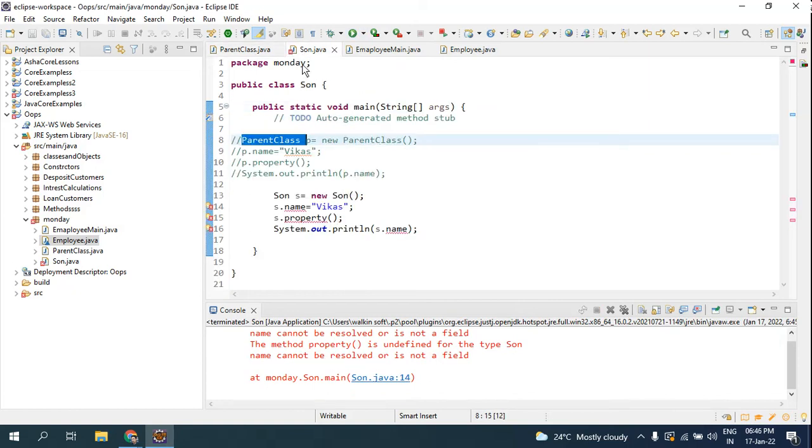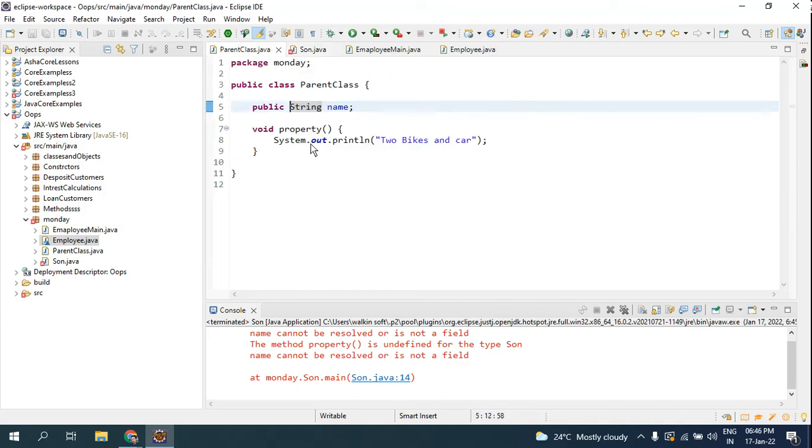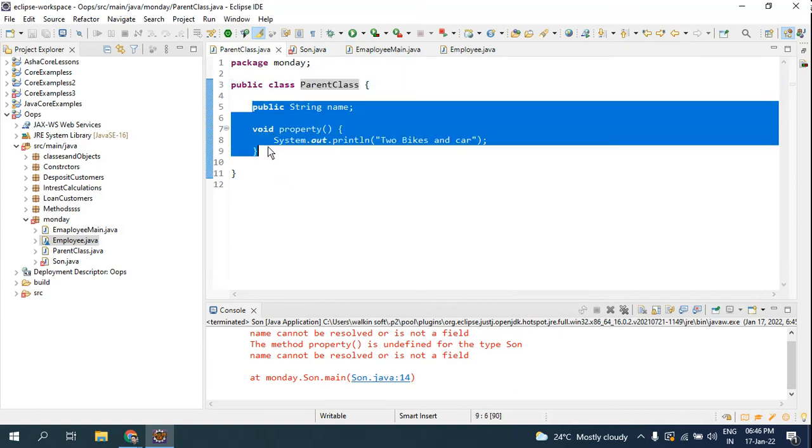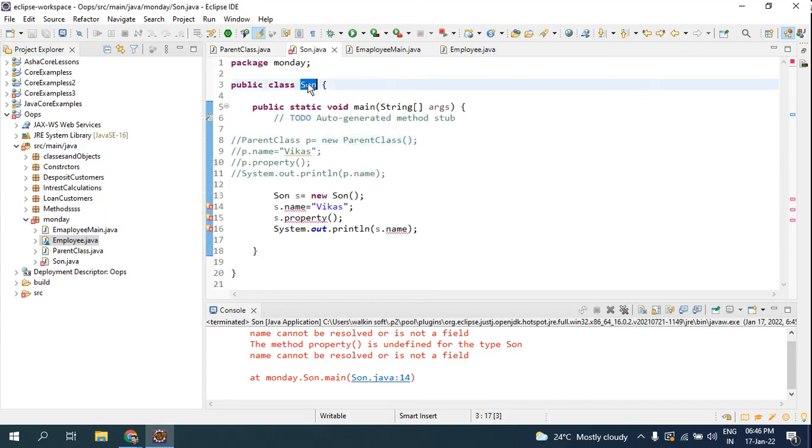So it's not like that always. You have this object, so tell me for how many days the parent class is going to live there. You cannot create an object for this class. If you create an object, you can access it anywhere. You have to access this object based on the class where you are going to access it. So if you have to create an object for the son class, you have to extend the parent class, extends parent class. Once you do this, there is no error.